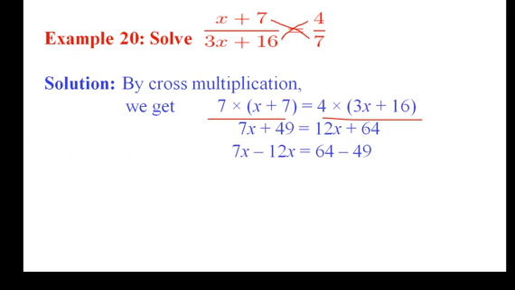Now same as previous, variables we always keep on the left side and constants on the right side. So 7x minus 12x is equal to 64 minus 49. When we simplify this, 7x minus 12x is equal to minus 5x, and 64 minus 49 is equal to 15. So x is equal to minus 3. Here 15 we write as it is, and 5 transposes to the RHS so it becomes minus. 5 3s are 15, so we get minus 3. Whether we take minus 5 to the right side or the left side, we get the same result.